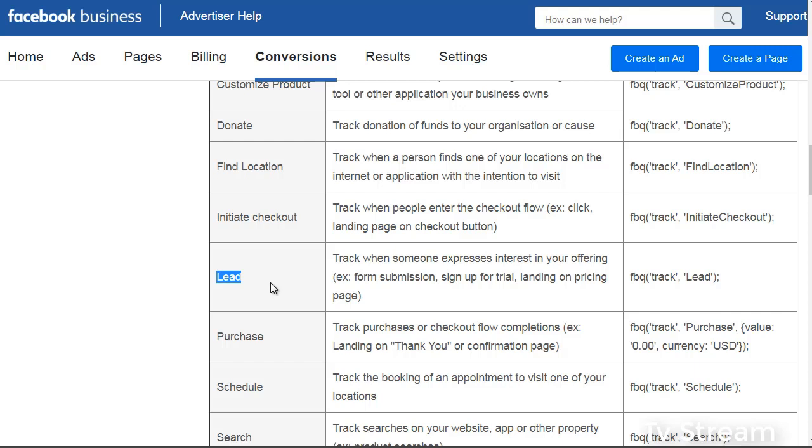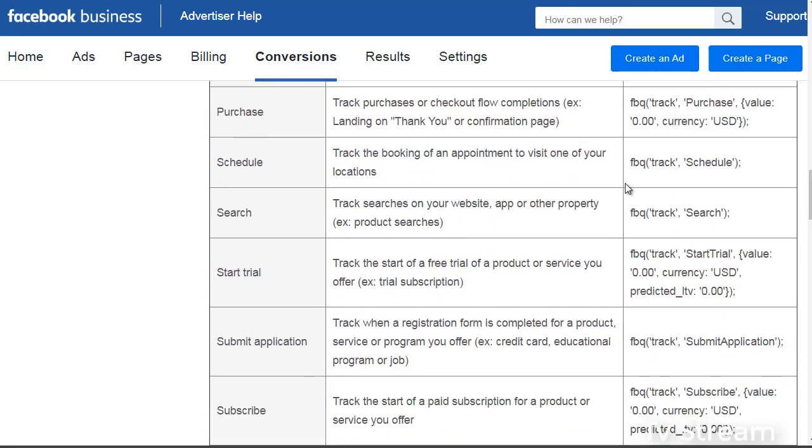They could land on a specific page where you would deem them to be a lead. And you would use that code right here. And then we have purchase. They also have a code for that and a value. So if you're using USD in the United States of America, you would put the number here. So if it was $47, you would put